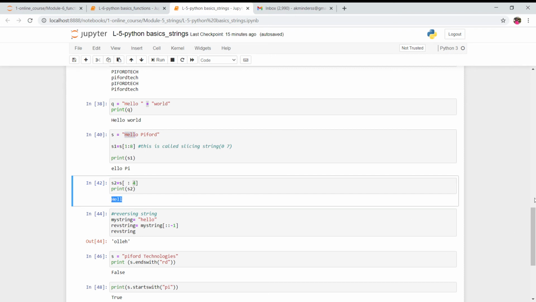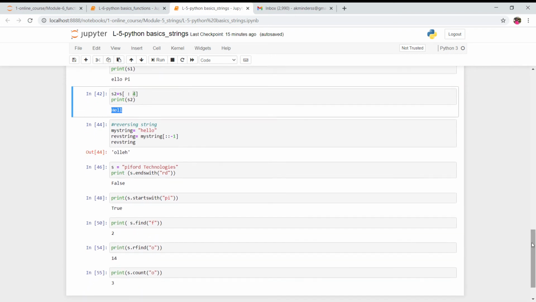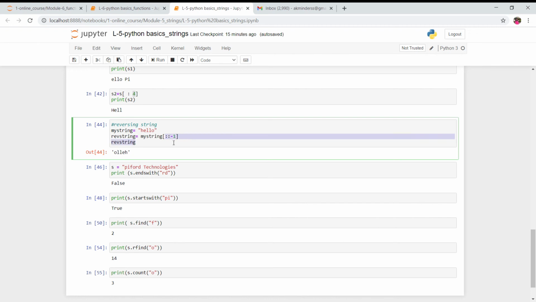And let's suppose you want to reverse the string. Say this is a string and you want to reverse it. You simply need to write the variable in which you have your string, then two colons. This is for the starting index and this is for the end index, and then minus 1.